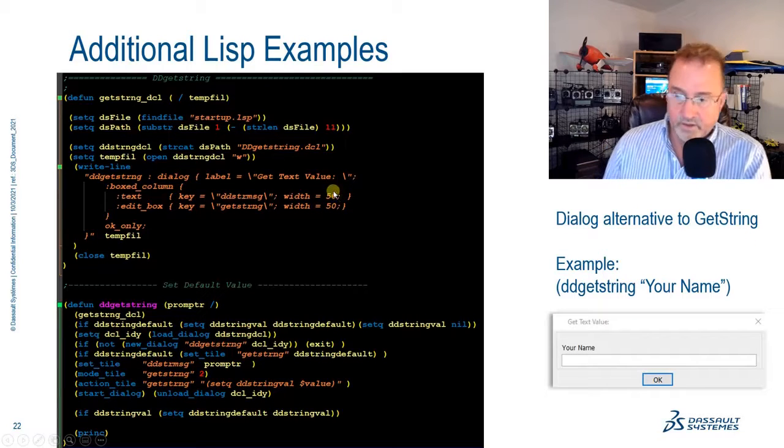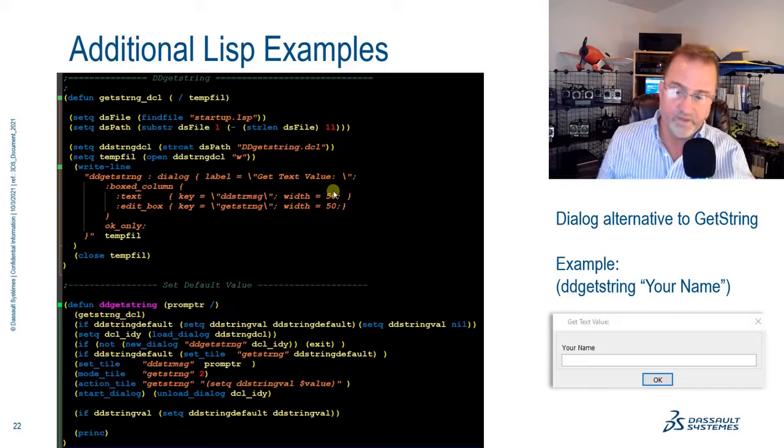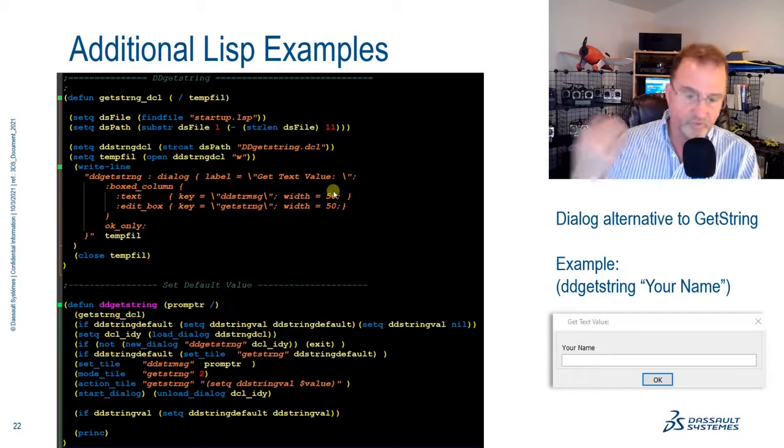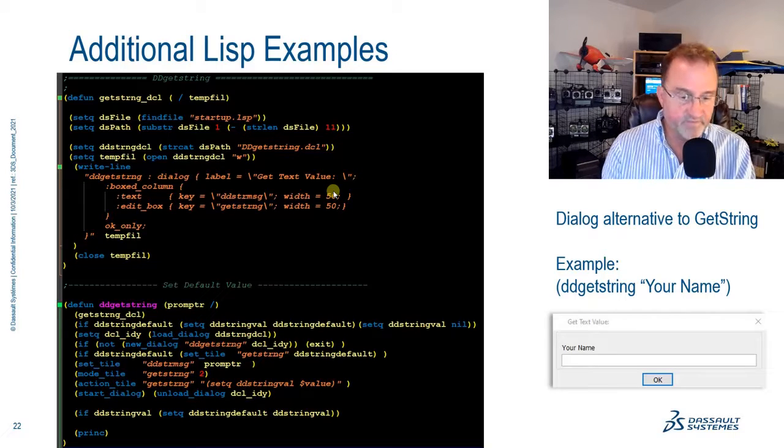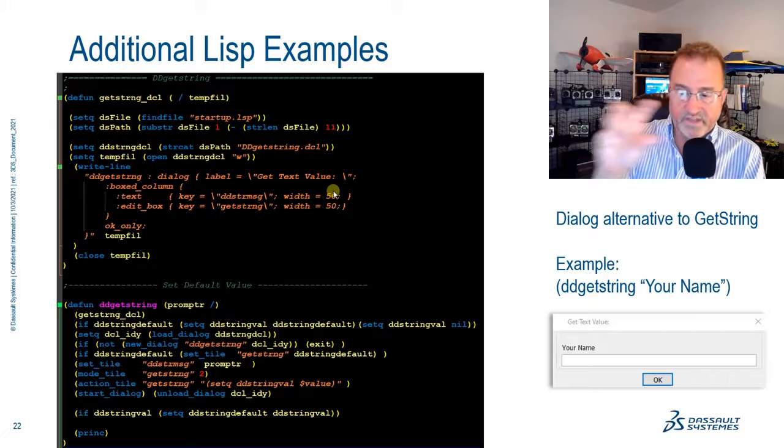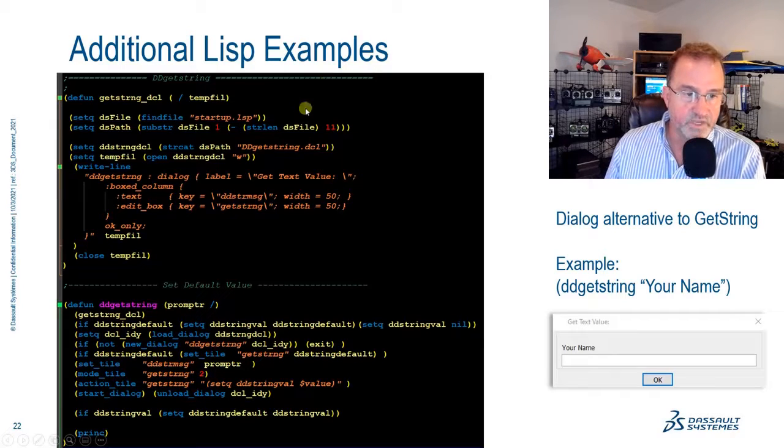Now, another one that I use very often, I think you showed it before, is that a lot of times we want to ask yes and no. What if I always want to ask just for a piece of text, and instead of having it down on the command line, I'd rather have a dialog box that shows up? So in the same manner that we created the yes, no, in my startup, I can define the getString DCL, and here's the code for that. It's basically